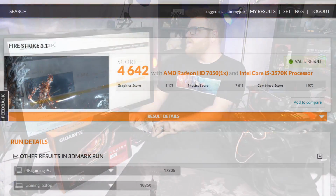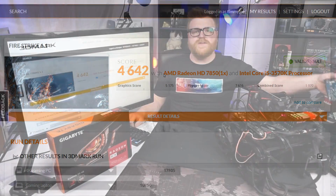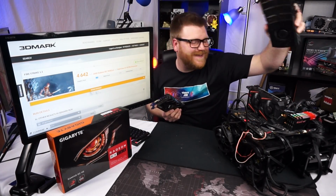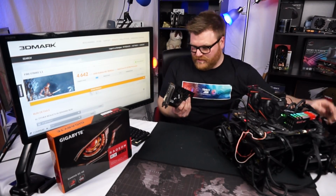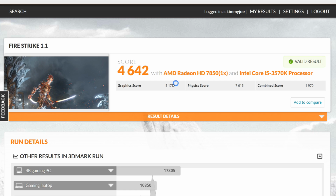this would be the AMD Radeon HD 7850, which would be, of all the graphics cards I just had on the table, the big ones with the crazy copper heat pipes and stuff sticking out of them, the most powerful, actually. And it's still got a little heat pipe on there. And it gets a first-rate graphics score of